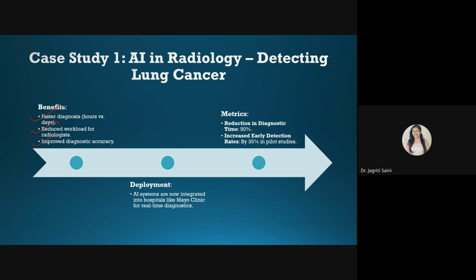These kinds of deployed methods, or perfectly working methods, can be deployed in real hospitals like Mayo Clinic, etc. They already have these kinds of deployments where they can test patient symptoms or x-ray samples on their AI models directly to lead the diagnosis process. And the metrics that can be utilized while leading these case studies are reduction of diagnosis time, or maybe early detection, which you can consider in your research. Any of these parameters you can think of working on in your PhD research studies as well.